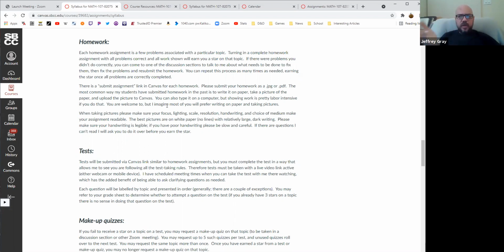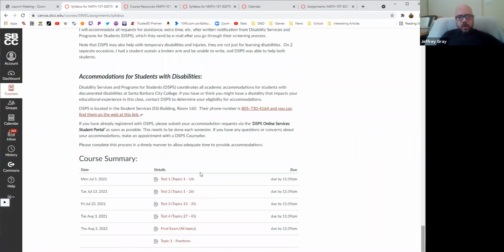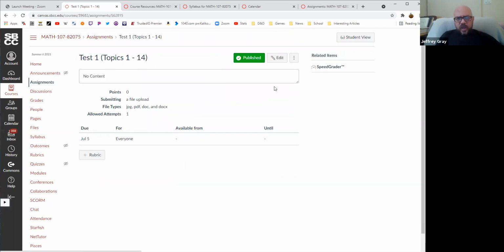The way you turn it in, there is a link in Canvas. You can go to your grade sheet, or you'll see one down at the bottom. I'll show you for the test, actually. The homeworks are giving me trouble with Canvas. I can't see it because I can't submit one.